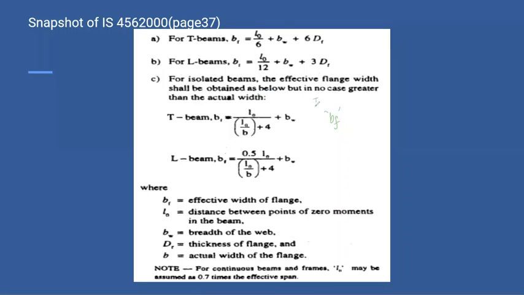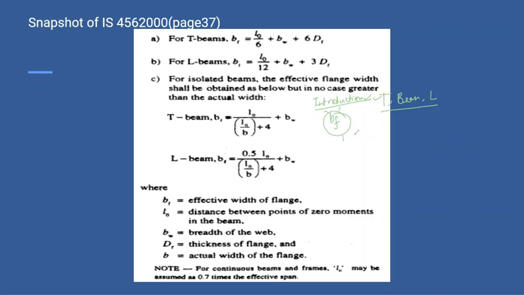We also did a little bit of introduction, okay, as to what are the different types of T beams, different types of flanged beams. One was the T beam, the other the L beam, and various notations, and also how to find out the effective width of the flange